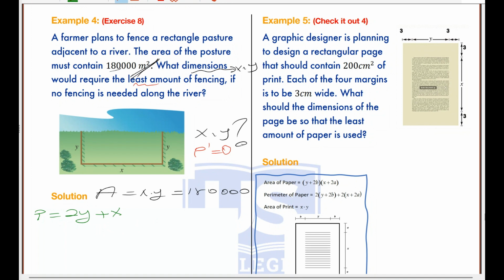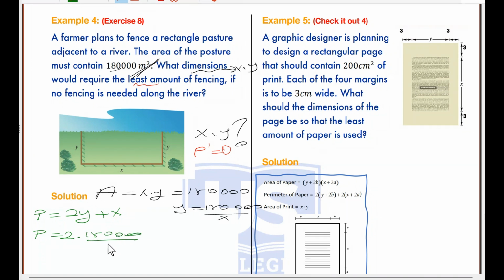In a rectangle we had 2y plus 2x, but in the fence we have 2y plus only 1x, because the other one is adjacent to the river. We are going to find this equation after we get one of the variables in terms of the other. So let's isolate x or y. Let's isolate y this time. So y is equal to 180,000 divided by x. So in the perimeter equation, we are going to insert